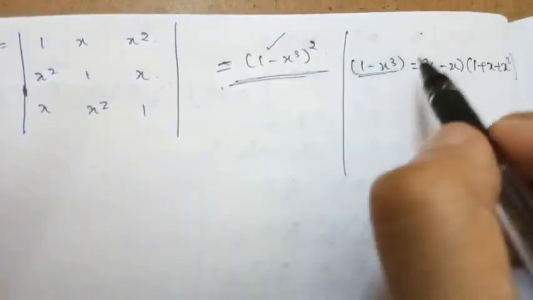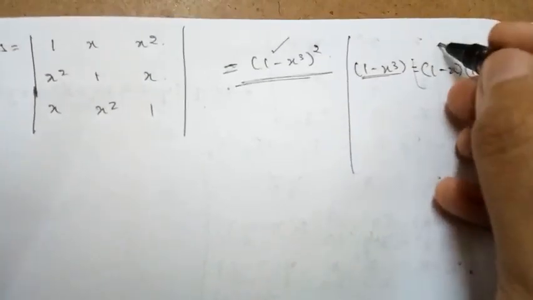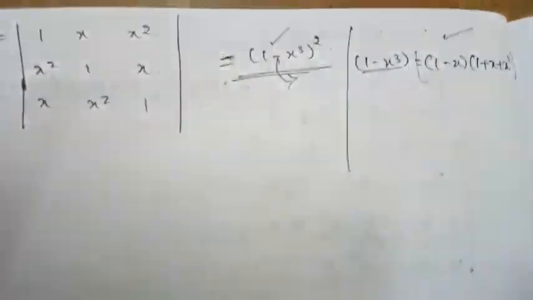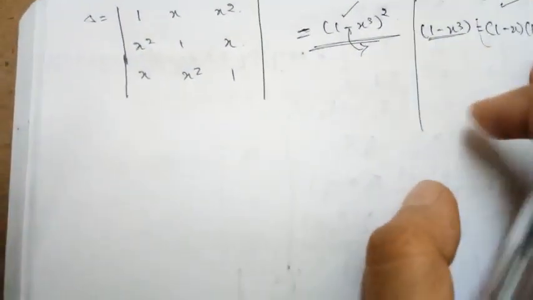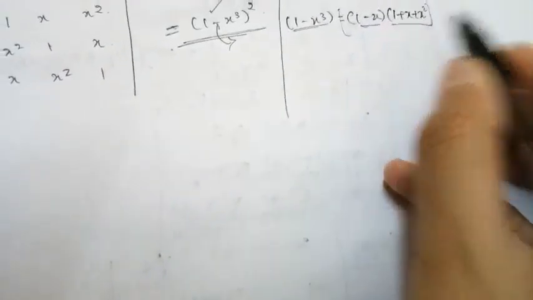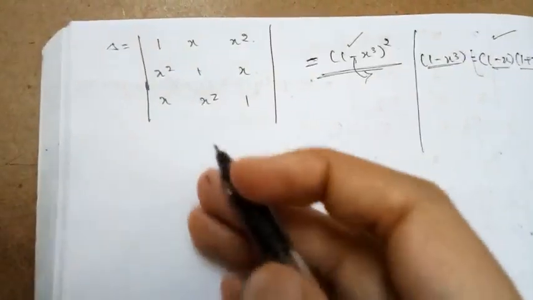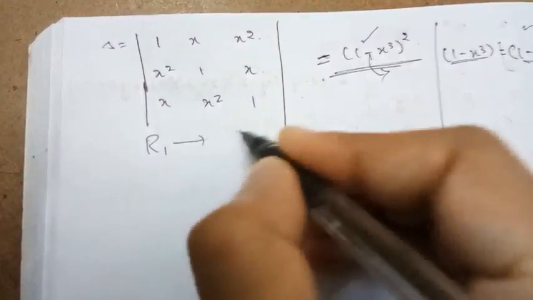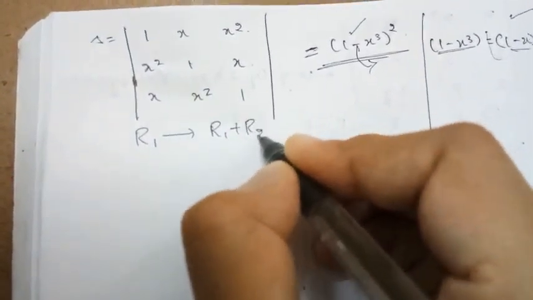So what we need to get, this one whole square we need to get. So you must have this idea in your head beforehand. What is the expansion of this 1 minus x cube? So now you came to know about this one. Now let us proceed. Here we are having 1 minus x, another 1 plus x square. Which factor can I come with this one? So clearly by looking itself I can say I will go with R1 implies R1 plus R2 plus R3, because I am going to get this one as the factor.